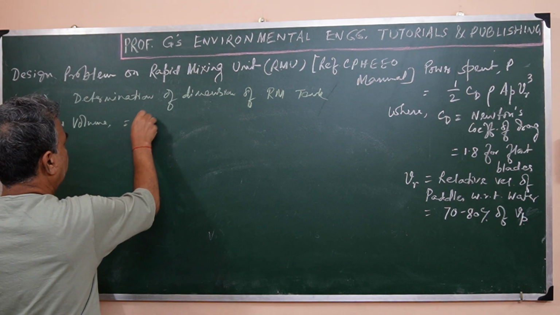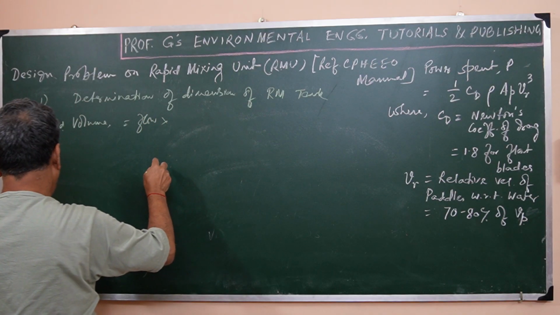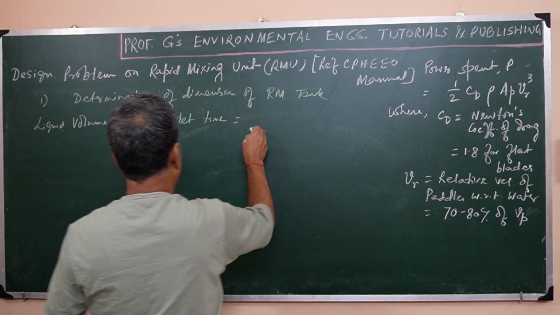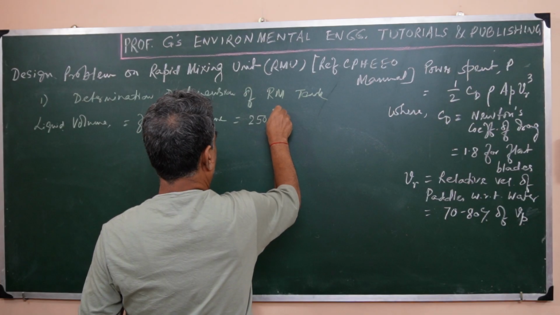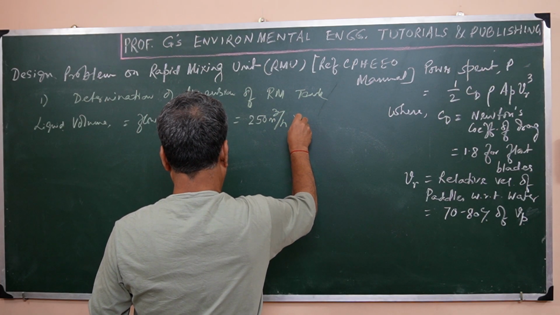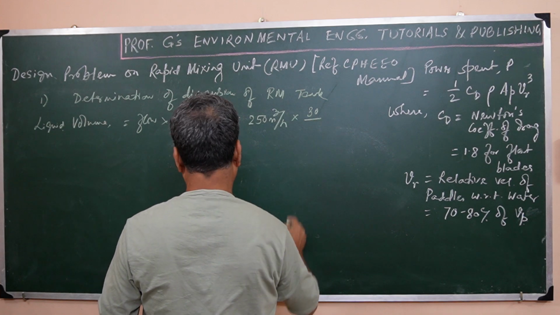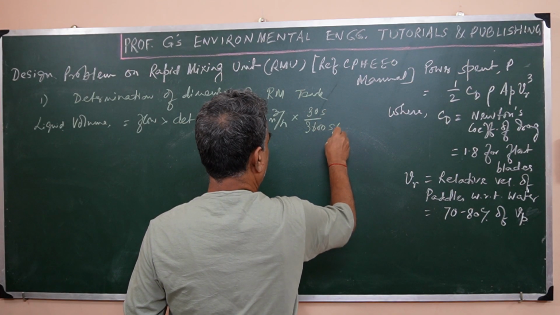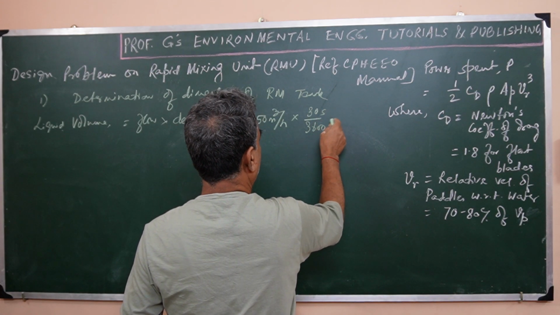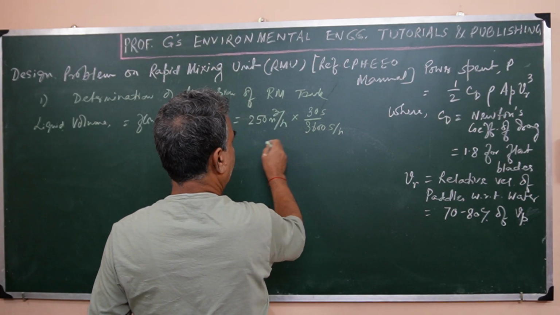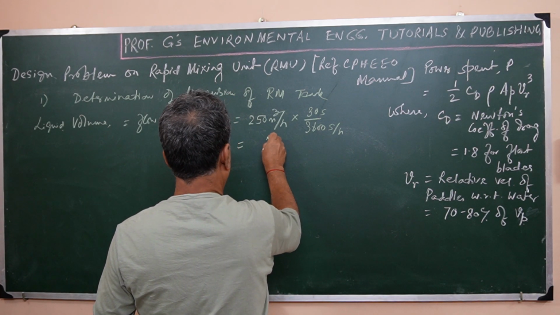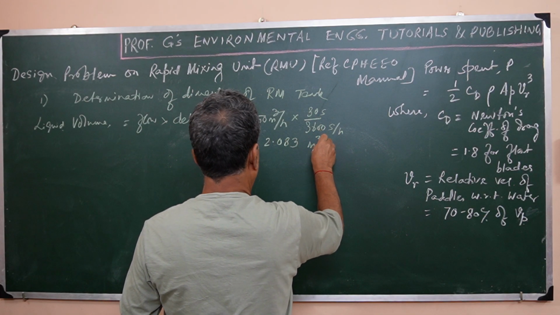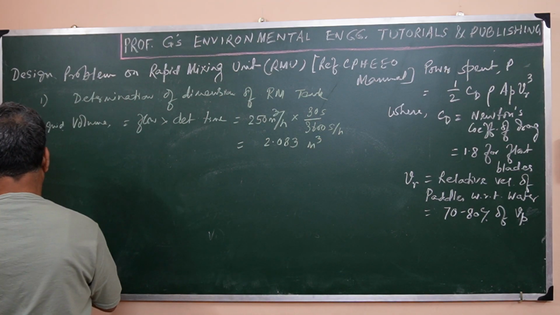So this is, as I have told earlier, the design flow into detention period or time. So that is 250 meter cube per hour into 30 seconds. So 30 divided by 3600, this is 30 seconds, so this is hour. Ultimately this will be in hour. According to the calculation given in the CPHEEO manual, that is this much meter cube. Okay. Now diameter of the tank,